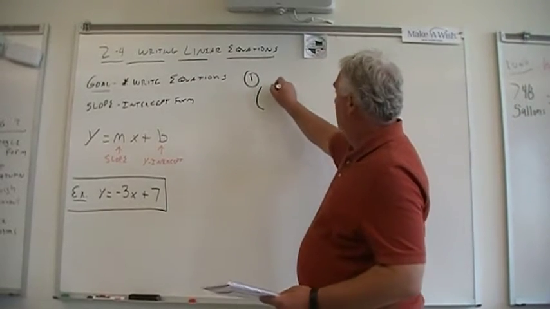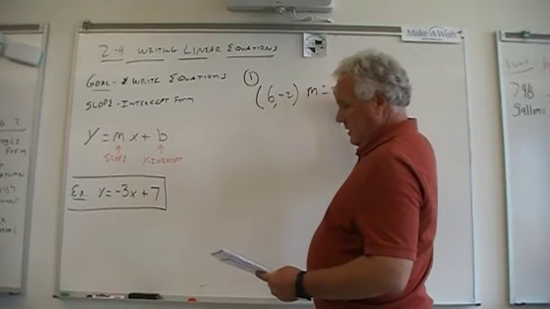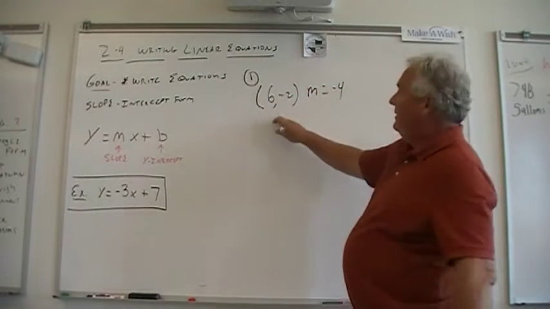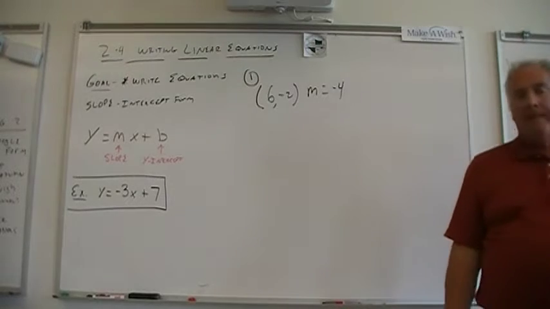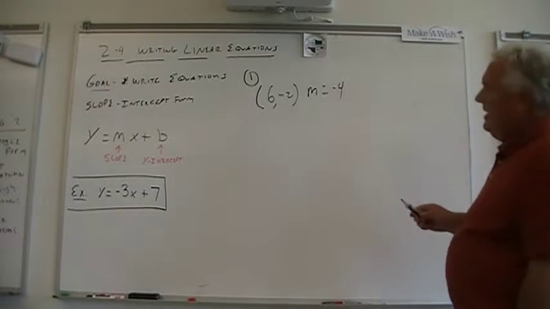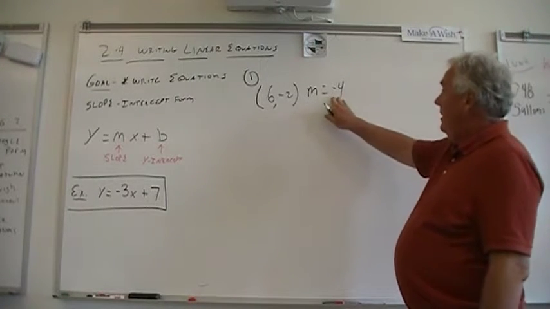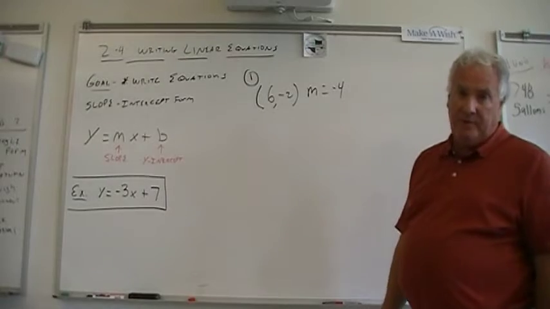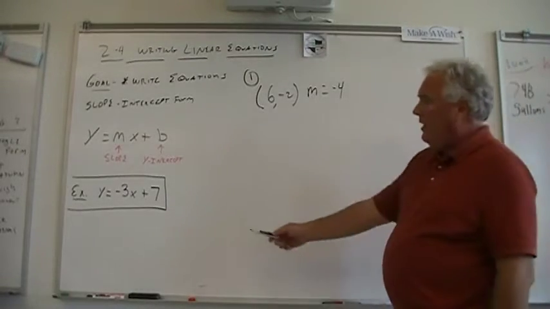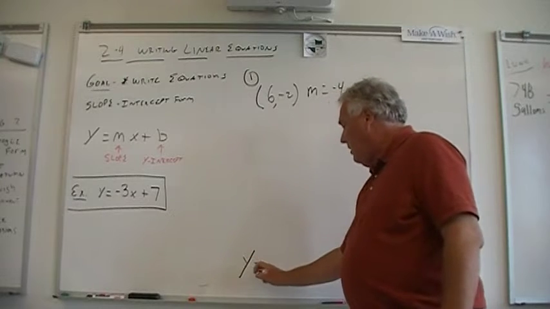When given a point, 6, negative 2, what's the equation of a line that goes through this point and has a slope of negative 4? We want it to look like this. So our answer down below,